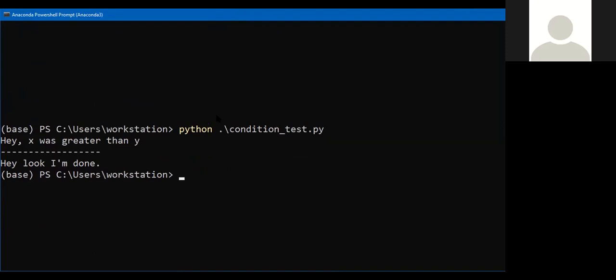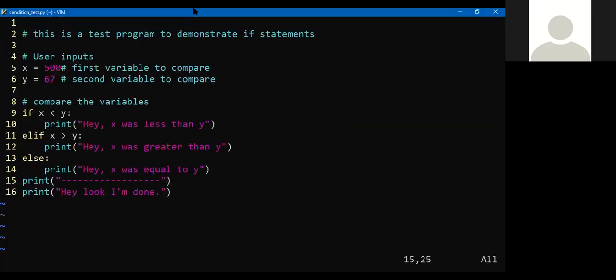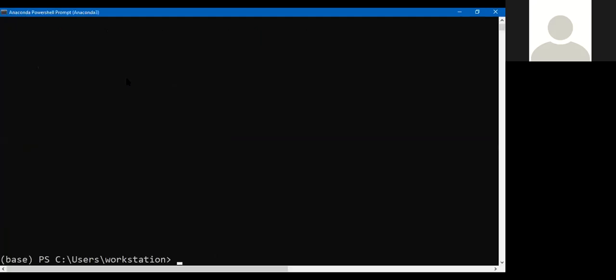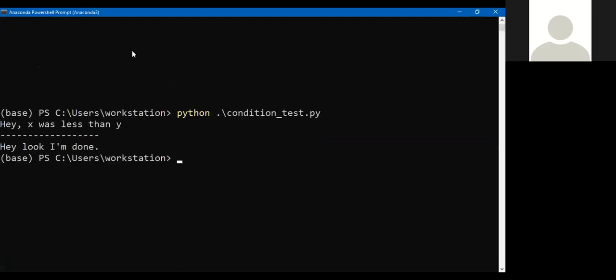So that's one that we expect, because x was 500 and y was 667. If I back up, change x to 0. Cool. Still doing what we expect,